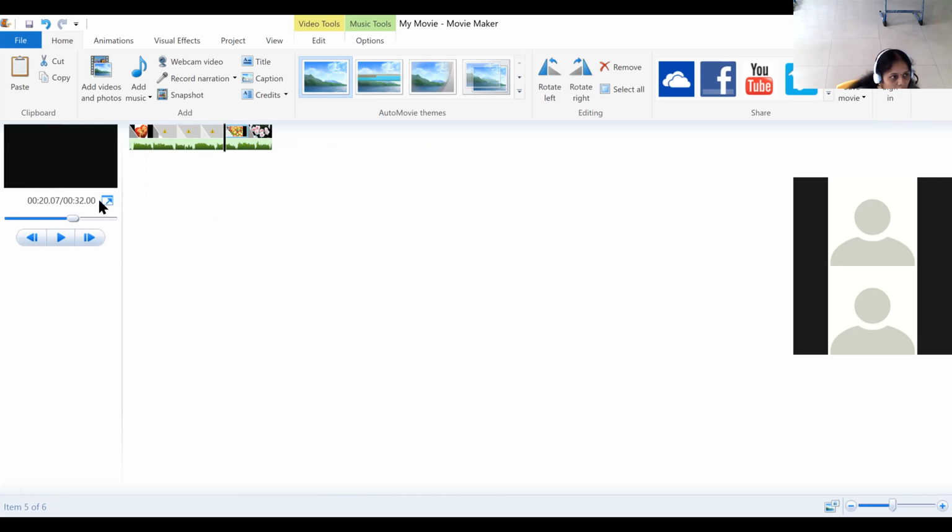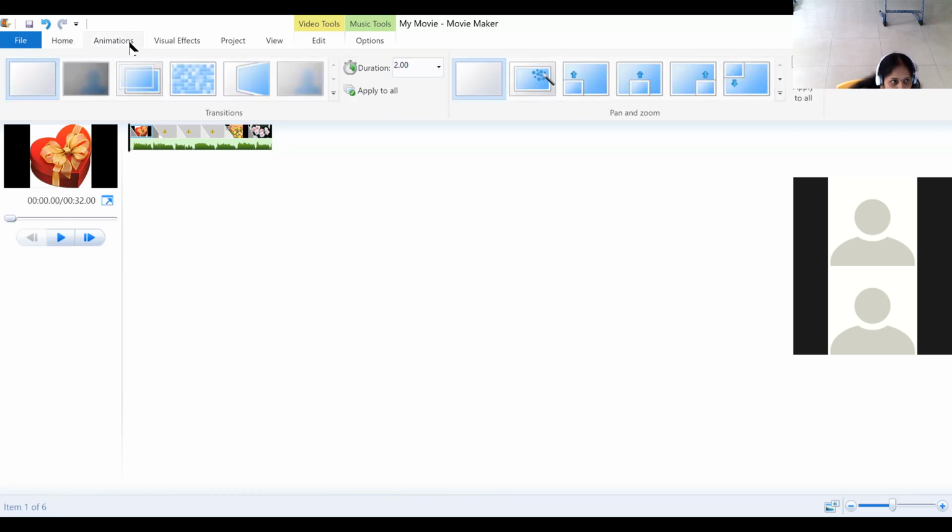So if you want to change the positions of the pictures, you can change as you wish. Just drag and place it wherever you want. And how to apply animations, add sounds and visual effects, is the same as you do for your PPTs. First we'll select the image. So I am selecting this image, go for animations. It will show these are the transitions, and these are the pan and zoom.